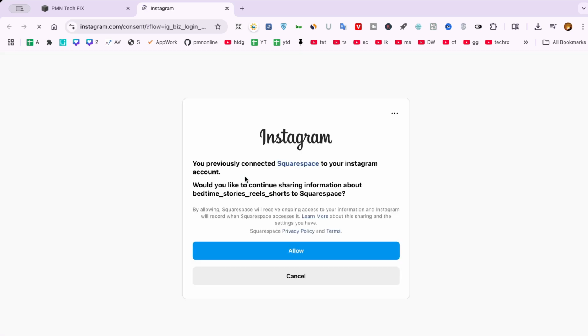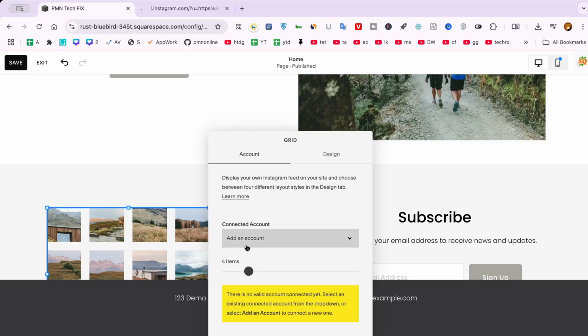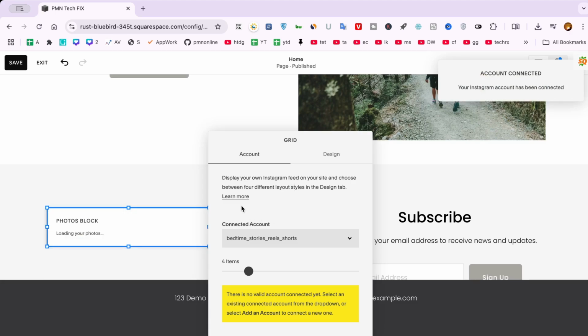Step 6. Save your changes. Don't forget to click Save to publish your Instagram feed live on your website. Once saved, your embedded Instagram posts will be visible to your visitors and automatically update as you add new content